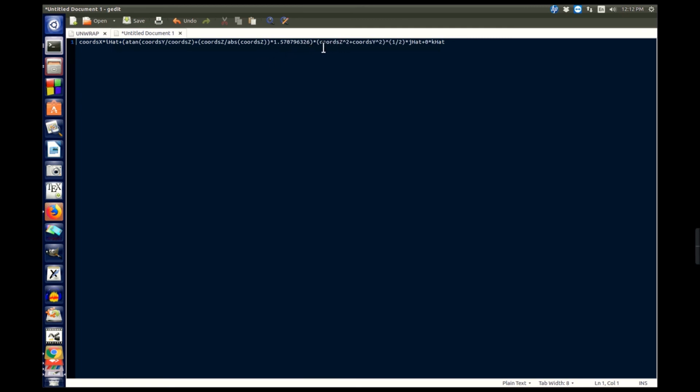And in between them lies this huge expression, so let's see what it exactly is. This portion, if you see it, is nothing but the square root of y square plus z square. This is the radius. So radius into theta, and this whole expression basically represents theta. How? This is the tan inverse of coordinate y by coordinate z. And we already discussed that it doesn't exactly do our job, so we have to somehow improvise. This is the improvisation part, where we add pi by 2. This value is the value of pi by 2 in radians, and we multiply it with coordinate z divided by the absolute value of coordinate z. So we just copy it here,